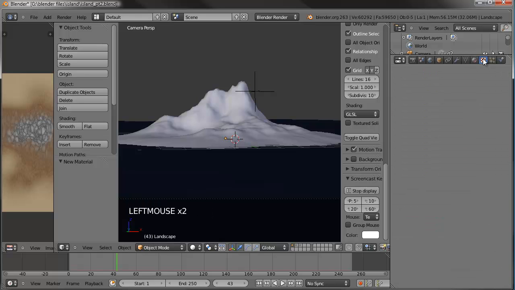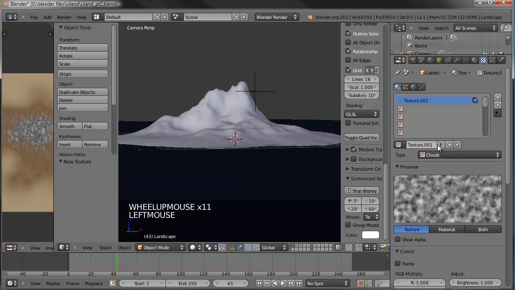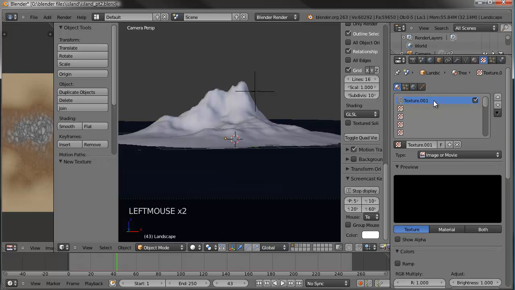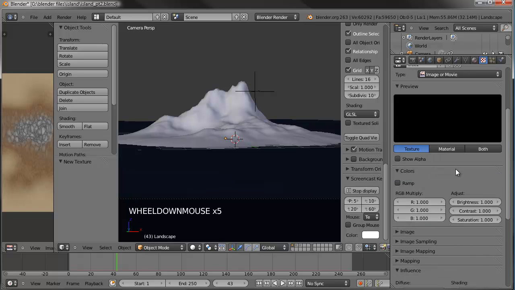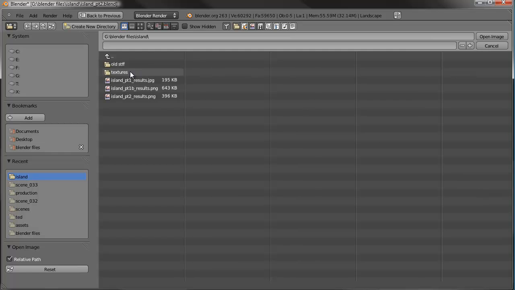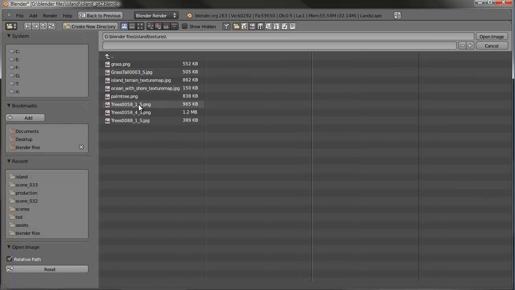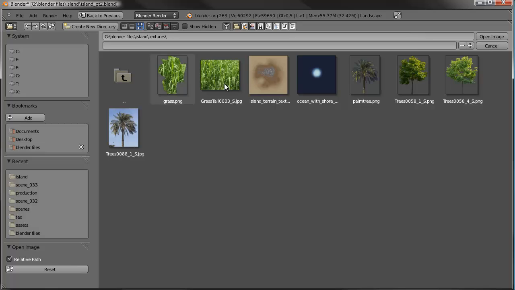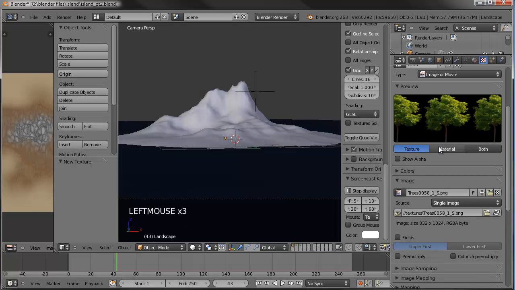Go to our texture settings. And scroll up there, create a new one, new image. Okay, call this one tree 1. Okay, collapse that guy. Go to image, open. Go to textures, and let's go to our thumbnail view. Let's go ahead and rename this one if I can. Okay, I guess you can't rename it there in the browser for Blender, so we'll just choose that one,